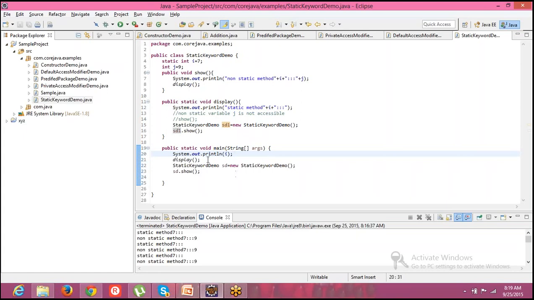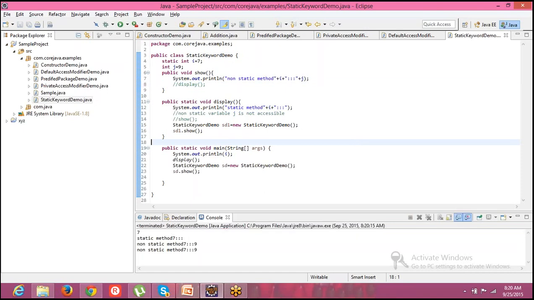Suppose you wanted to fix this program, you can remove this kind of interlinking. Unnecessarily I'm calling this display from here, right? So now see here, you will be calling display. In that display you are calling show. So show will be going here, and from there it ends, right? That is what I believe. Let's try to execute this program now. See now, are we getting that Stack Overflow error?